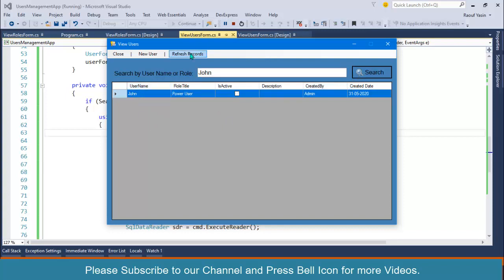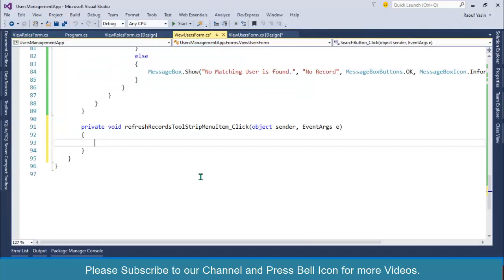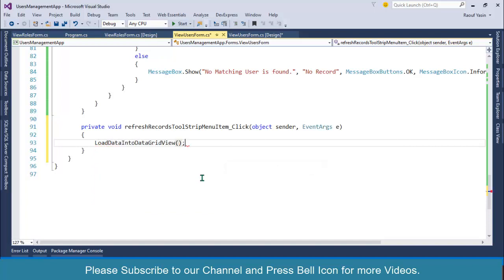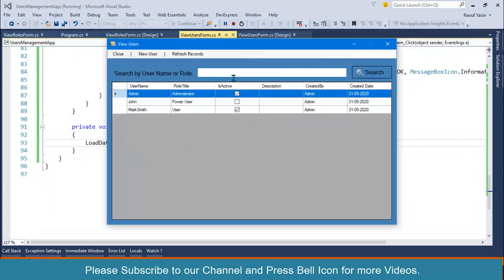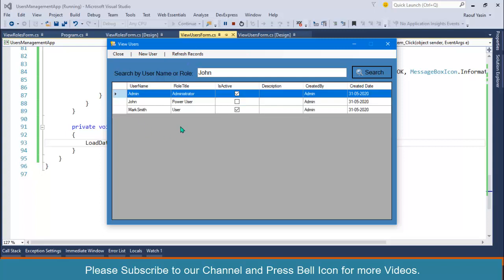But if I click on refresh records, this data grid view should be refreshed, and again all records should be displayed. So I'll write code for this one as well, and I'll call my existing function, load data into data grid view. Start your application again and write John over here, click on search and click on refresh records. Perfect.